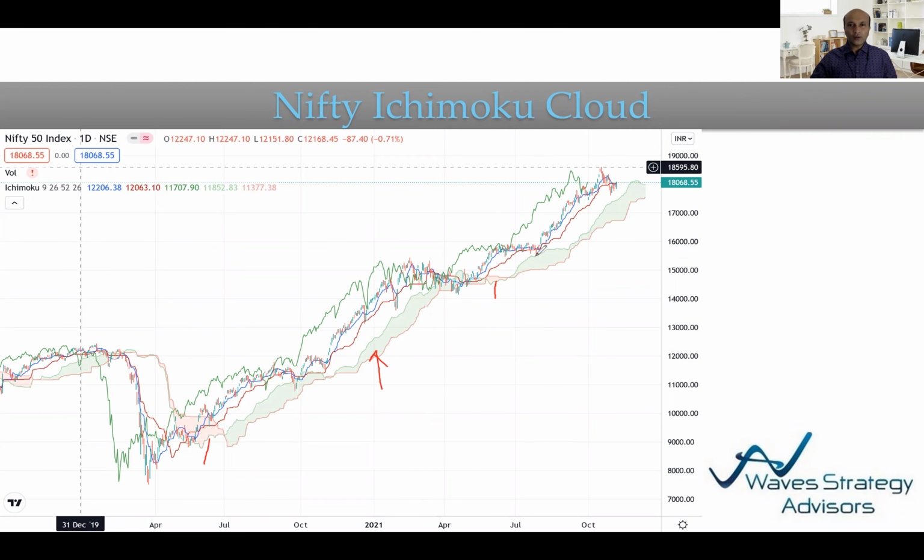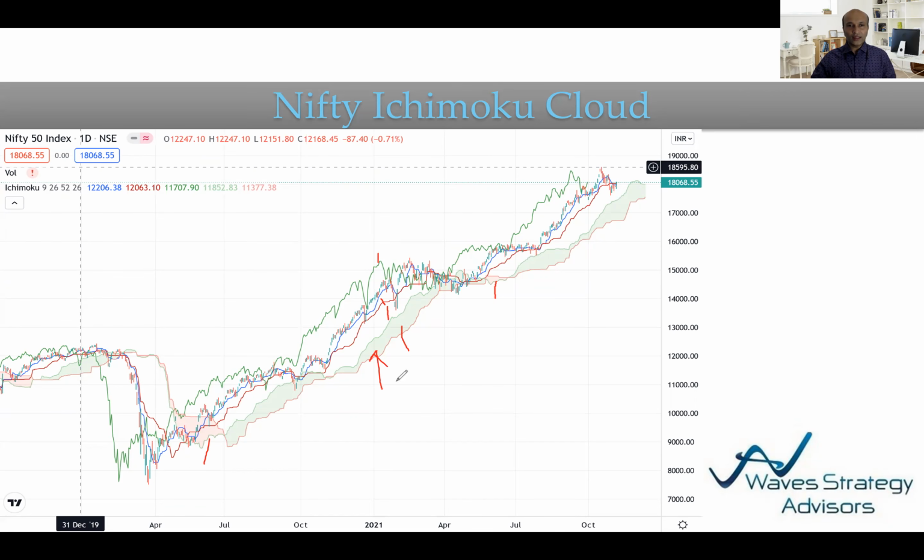And there are other lines also. Right now our focus is you ignore the other lines which you are seeing, the green line, the red line, the blue line, but these can be looked at as a moving average. Like if you understand moving average provides support to the prices or resistance to prices. Similarly, this red and the blue line provides support or resistance to the prices. The most important support that you can see is the cloud. This is the green cloud which I am talking about.